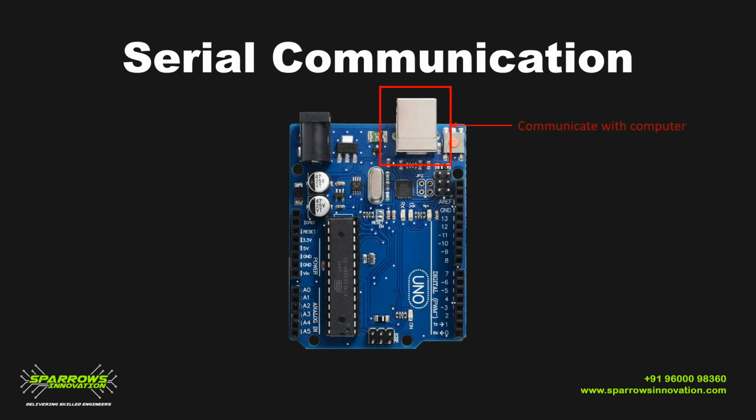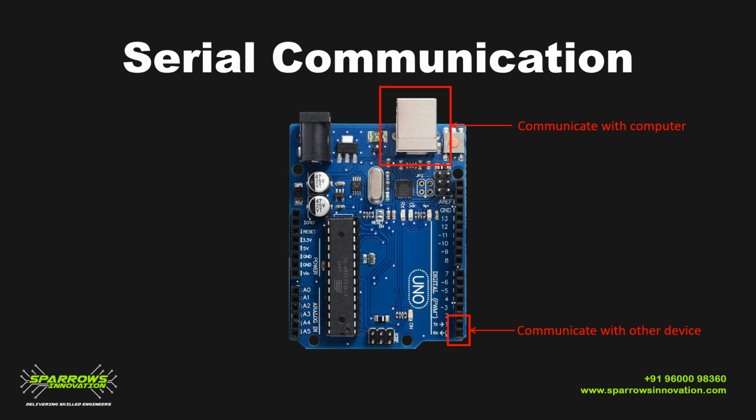In Arduino, we have two different ports to communicate for serial communication. One is through USB cable, and another is to pin number 0 and 1. The USB port present in this Arduino is for communicating between your computer and your Arduino. You can also upload the program through this USB cable or USB port, or else you can also use it for serial communication. And the pin number 0 and 1 is for receiver and transmitter of this serial port of the microcontroller presented inside this Arduino board.